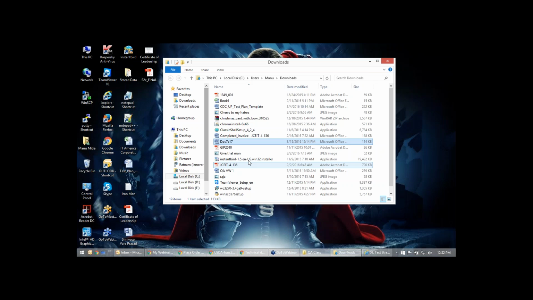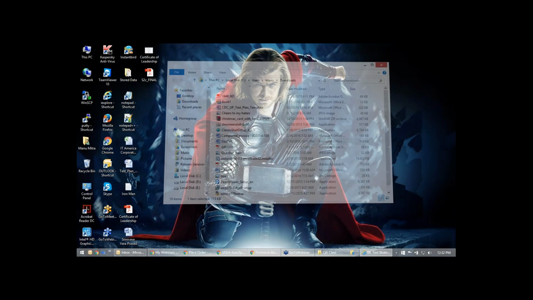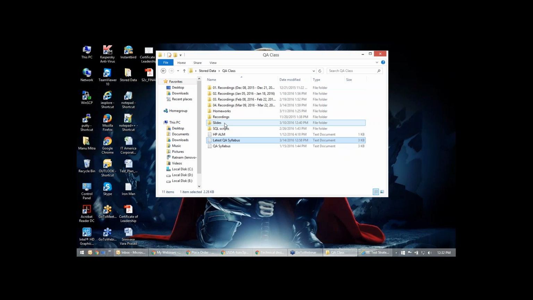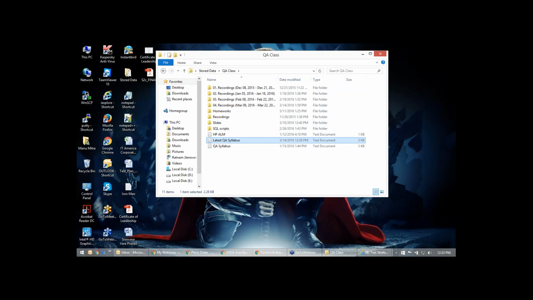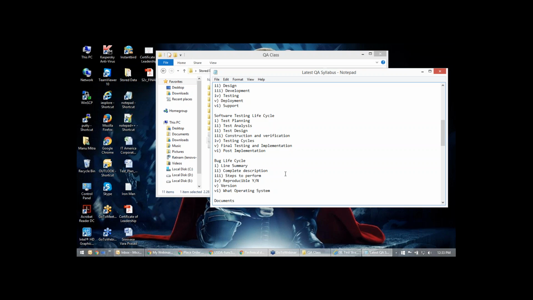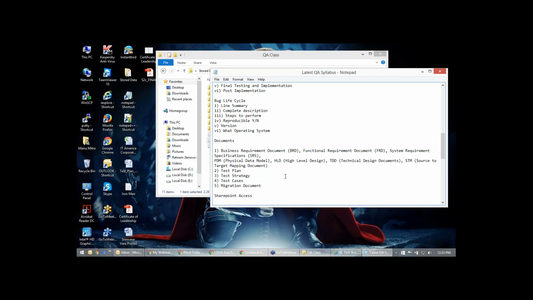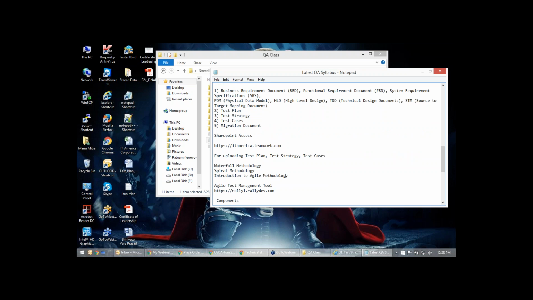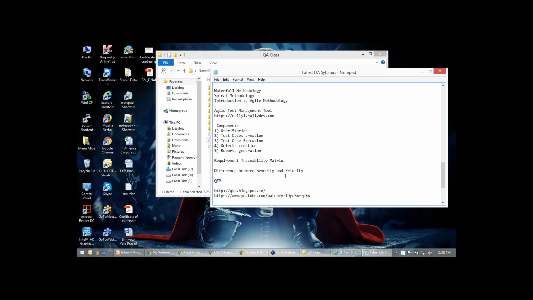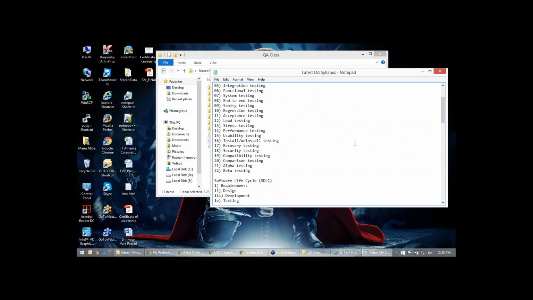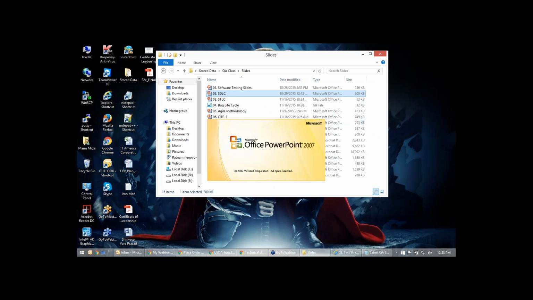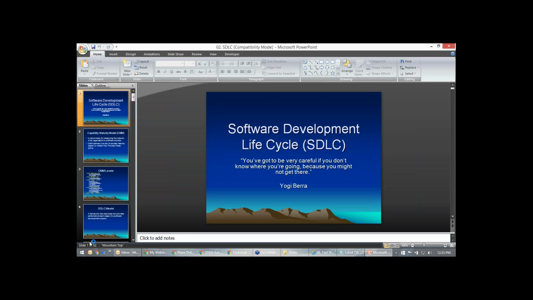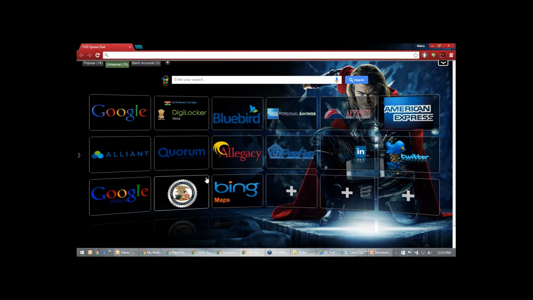Next, we'll go to SDLC. I need to check homework today. Next, let's go to the SDLC reporting system. We have SDLC remaining, right? So we'll go to the next SDLC. So let's check our homework.